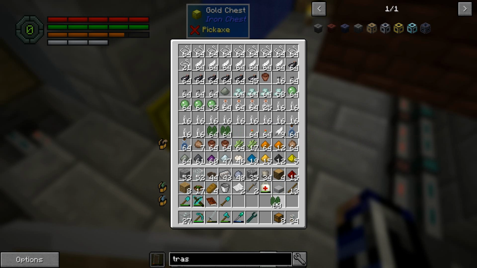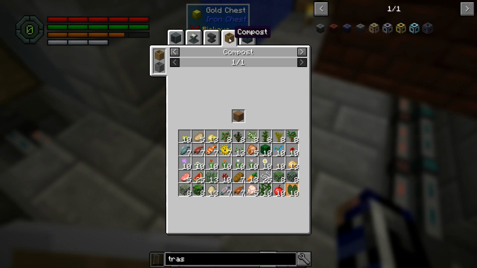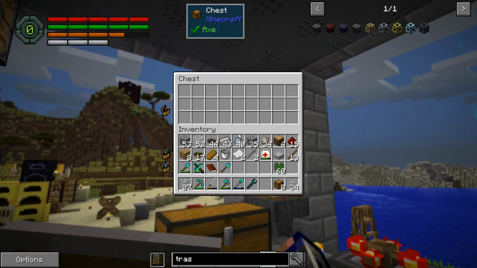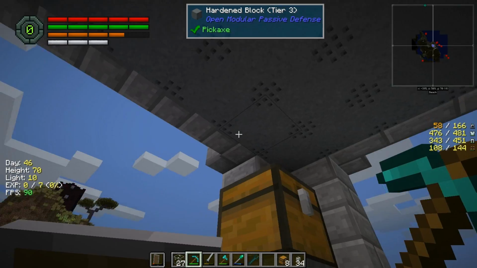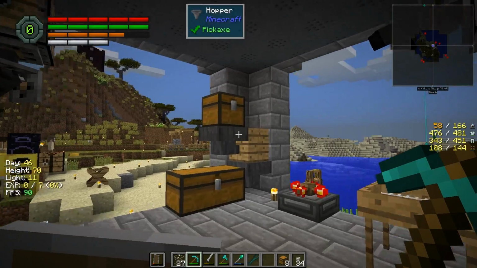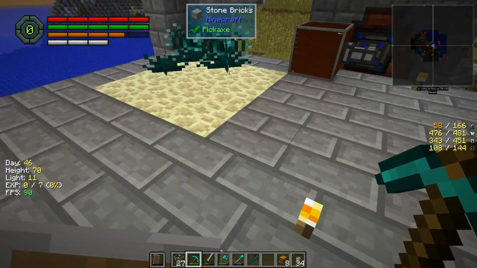Lily pads, we do not need lily pads either. Do we? Sag mill for plant clippings. We could compost lily pads, actually. Do I have anything that goes to here? No, I don't. And which is the quicker way to get to there? I'll hold off on that, I think. Let's just, wait, did I see...